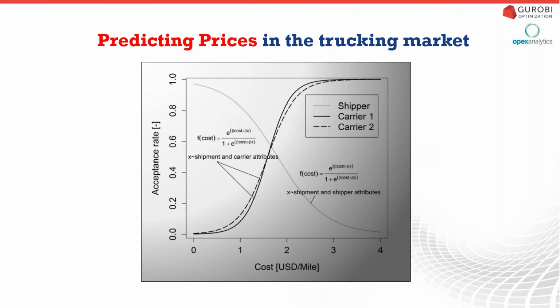And so in this example, we have these two curves, which represent these two different markets. And we use some machine learning techniques and lots of feature engineering to figure out what each of these curves looks like. And so now we have a curve for the shipper and the carrier. And you can think of the brokers in the middle trying to figure out, when a shipper calls, what price should I quote, knowing how likely is the carrier to accept, or how likely is the shipper to accept, and then also if I have that price, am I likely to find a truck that's willing to make that move?